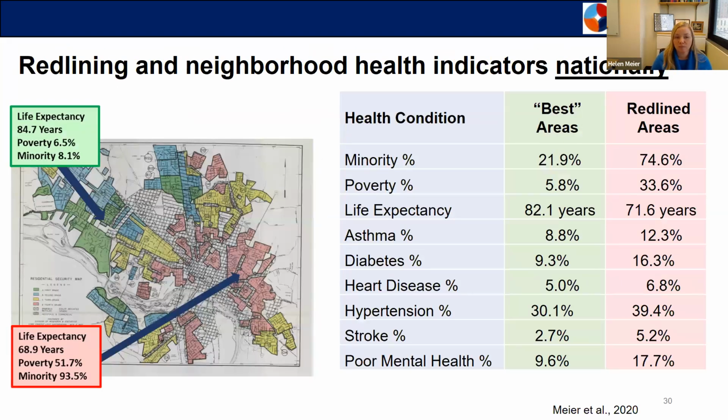So those initial results from Milwaukee, that's just one city. So then we conducted a national study of redlining and current neighborhood health and sociodemographic indicators. And we saw, as you might expect, that redlining was associated with present day high minority, high poverty neighborhoods with shorter average life expectancy and higher neighborhood prevalence of chronic diseases and worse physical and mental health. And so I've got the table here showing you the difference between the best areas and redlined areas